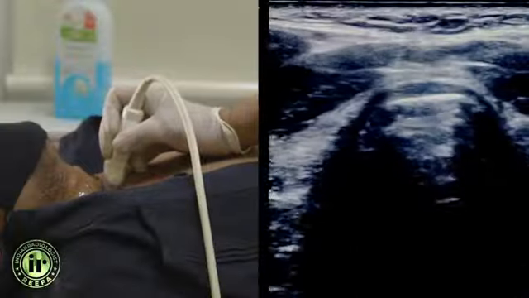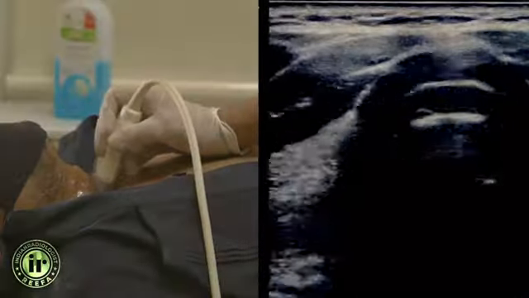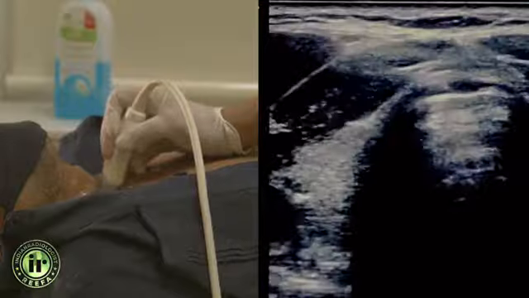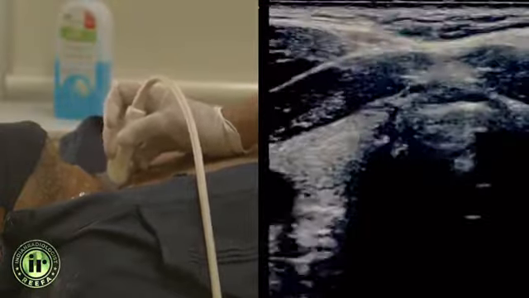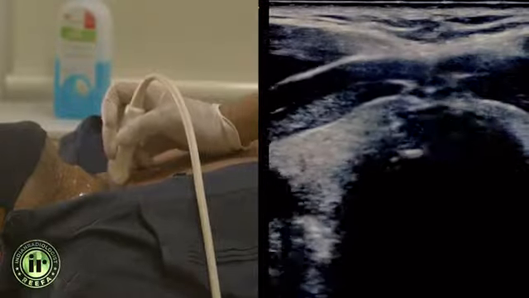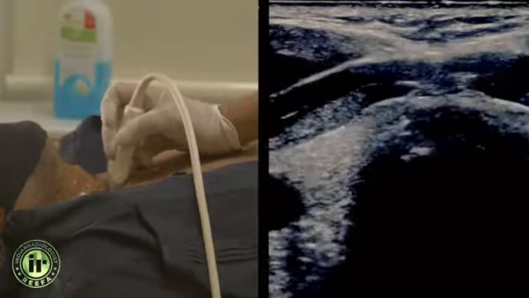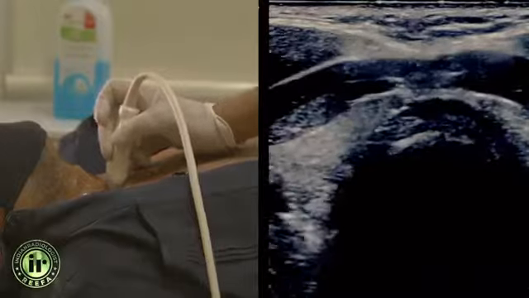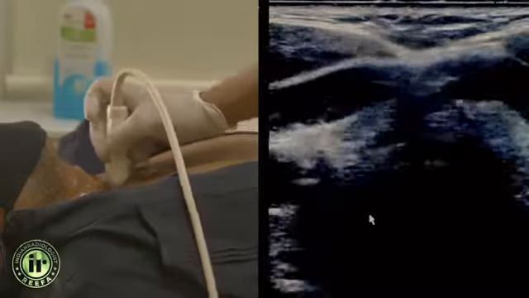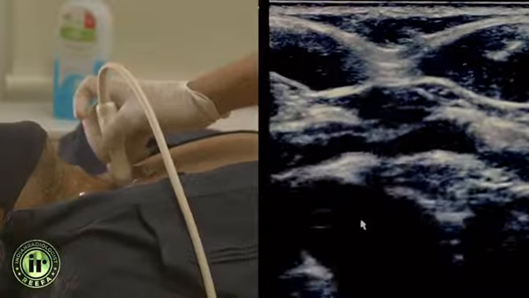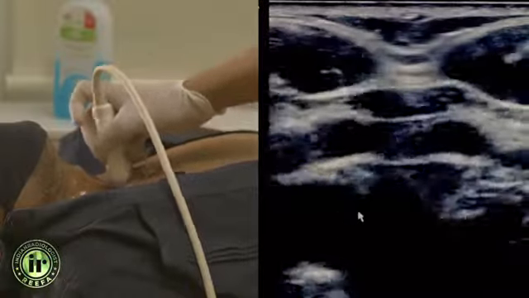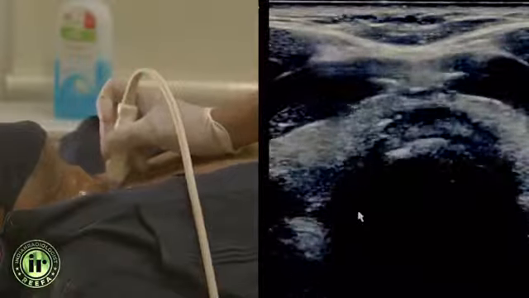So while scanning the ultrasound of the thyroid, how we start is by placing the probe in a transverse fashion across the neck, at the base of the neck. We usually start by seeing the thyroid gland in the transverse plane, as we can see here, but it's a good idea to start a little below that. So we would like to start here from the suprasternal notch. In fact, you can see the innominate artery right here,